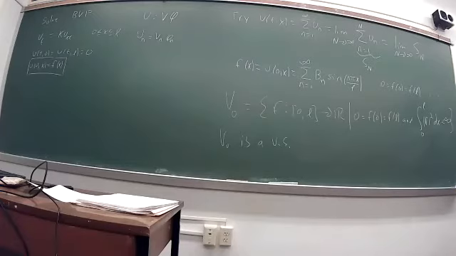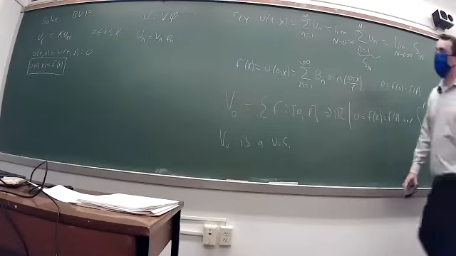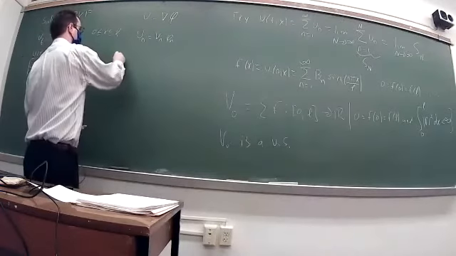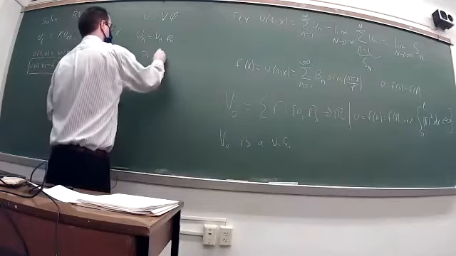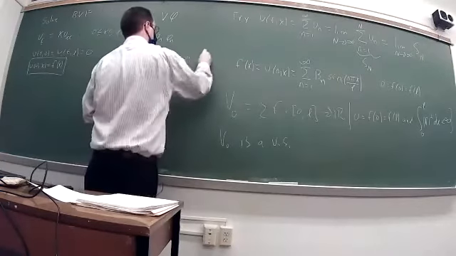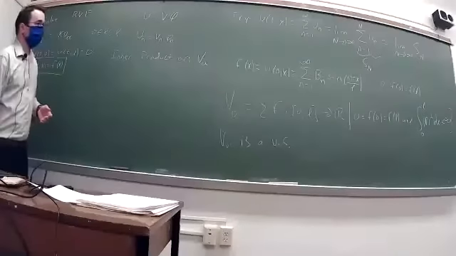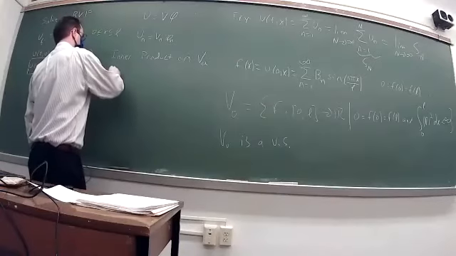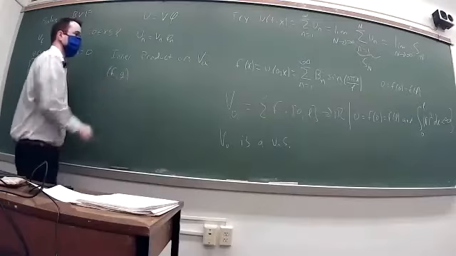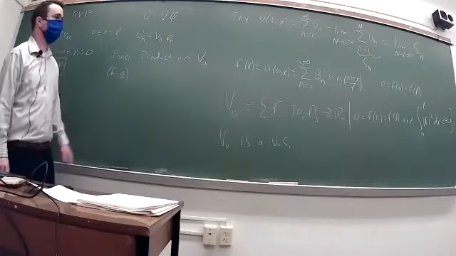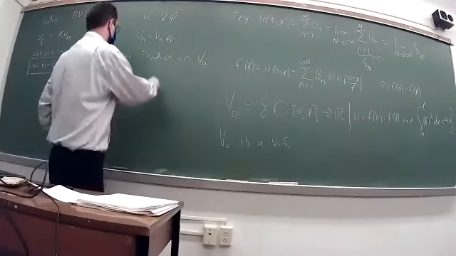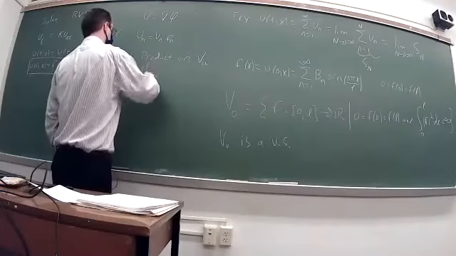In linear algebra class, what we took advantage of was the inner product on the vector space. This vector space also has an inner product, and I'll show you what it is. There's an inner product on V naught. I'll remind you the definition of inner product, but first I'll get this out. Namely, the inner product of two functions, say f and g in V naught. What's their inner product? I use this notation for inner product. It's like an analog of the dot product, but for these two vectors. Just take the integral from 0 to L, f